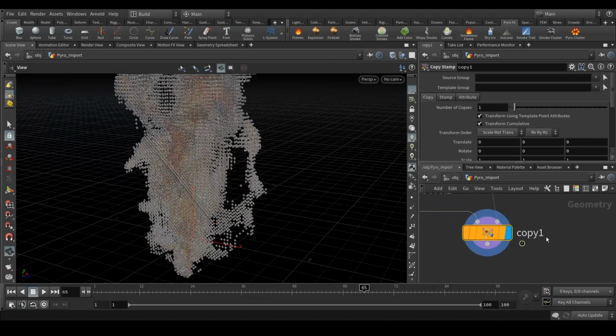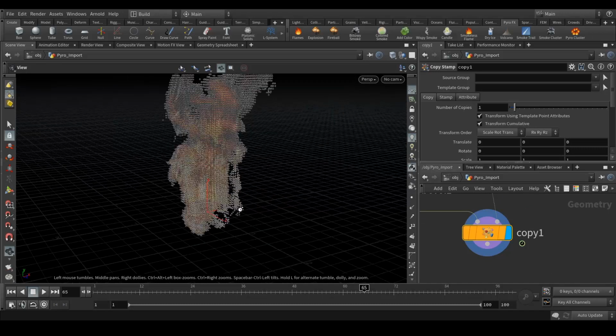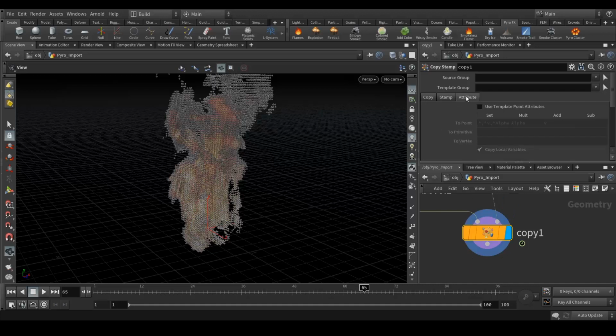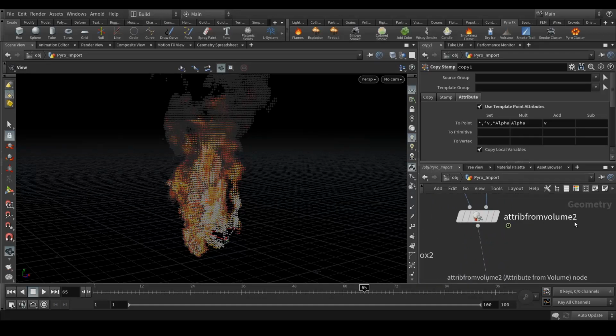Okay, so here it's looking better, no doubt, but we are not getting the shading attributes. To enable that, just go to your attribute node and click on use template point attribute. It will take the attribute from the shading which we have created from attribute from volume. Okay, so yeah,